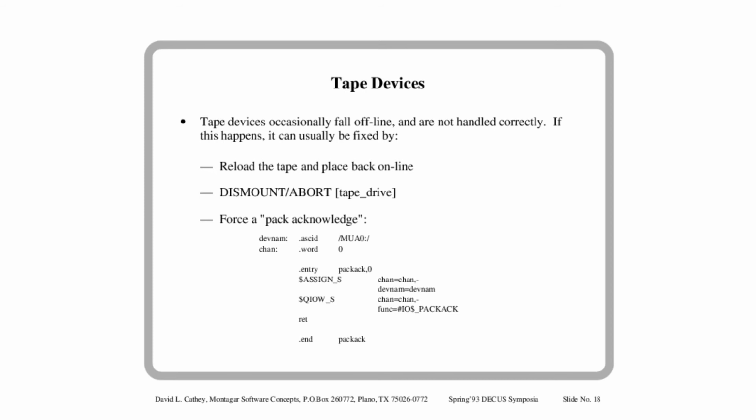PACAC is a function call you can make to the driver, and that's the call that's made actually during a mount operation. The mount verify code does not always seem to do this correctly or at the right times, or it times out or whatever, so sometimes you have to kind of jiggle it manually and make it happen. Very easy to do, small program. This one is in macro. You could do it in another language if you wanted to. Just an ASCII descriptor of the device, such as